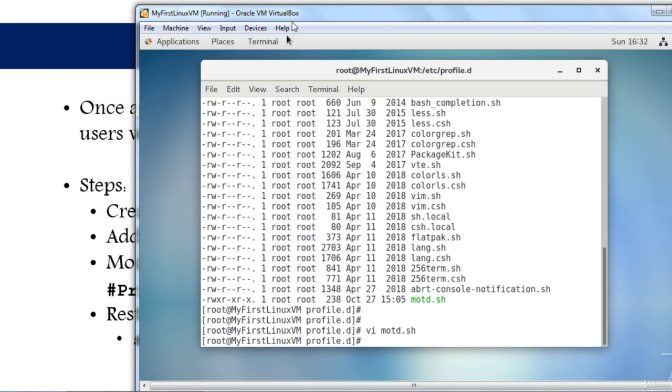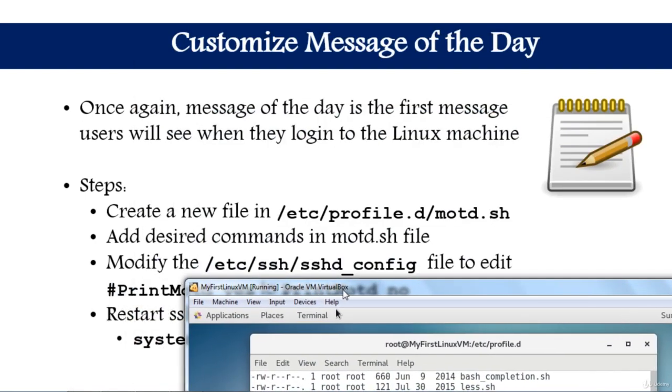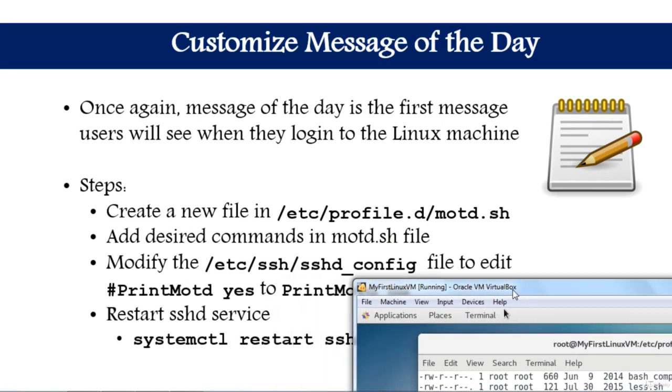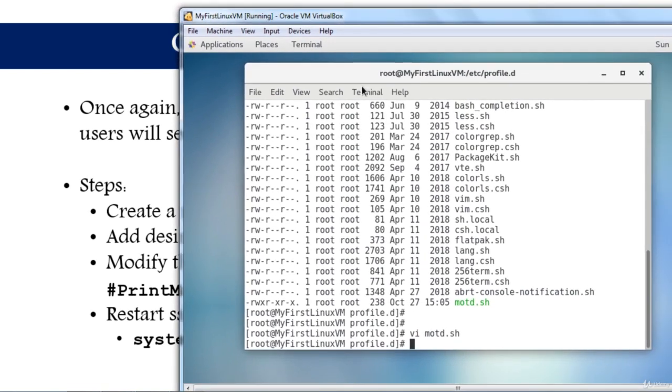Now, the next thing we have to do is modify /etc/ssh/sshd_config. So I have to use vi, but before I tell you to modify that, it is a very sensitive file, because if you make a mistake, it will probably not let you log in. So first what I will do is make a copy of it. So do cp /etc/ssh/sshd_config, then put the destination /etc/ssh/sshd_config, and I'm going to just put .bak as in